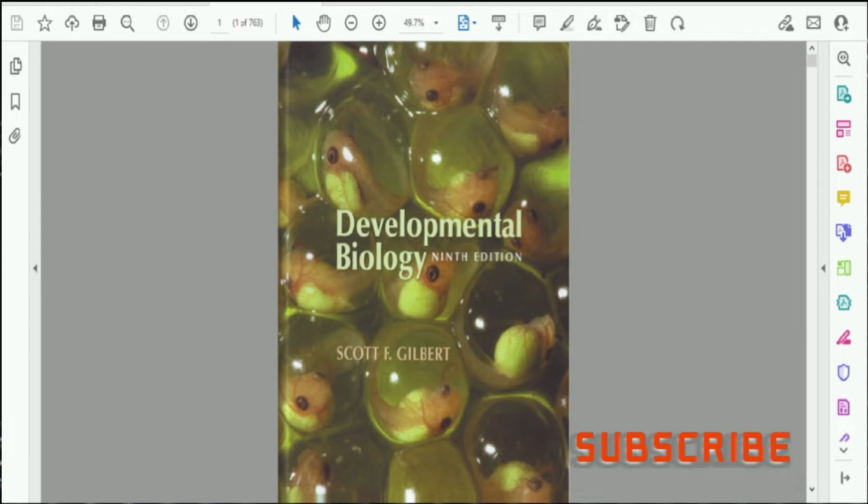So I thought, there are totally 763 pages in this book, but there are only 80 to 100 pages that you should study, or at least give a read. This will definitely help you, because if you go through previous year question papers in this unit, developmental biology, unit number 5 in our CSIR syllabus, most commonly questions will be asked directly from that book only, even though the sentences won't get changed. Most commonly they will take a picture and ask about those pictures.